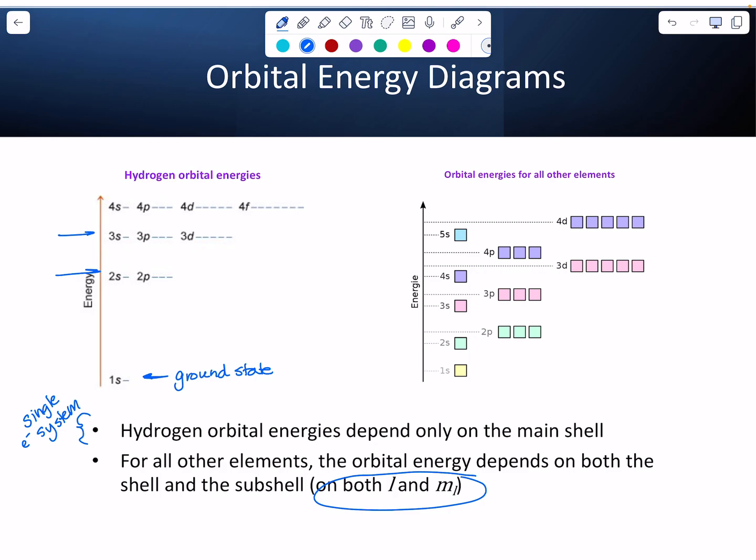So bottom line, this is why we get these diagrams that show a 1s orbital is lower in energy than a 2s orbital, but even though the p orbitals at the n equals 2 level are at the same base quanta, the p orbitals are a little bit higher in energy than the s orbitals. So we have basically a hierarchy